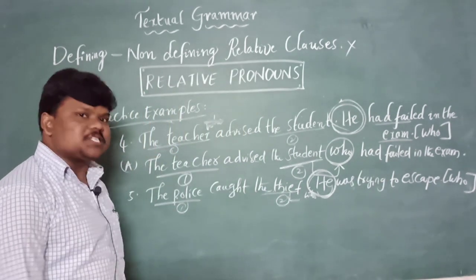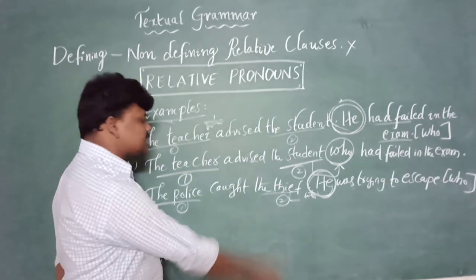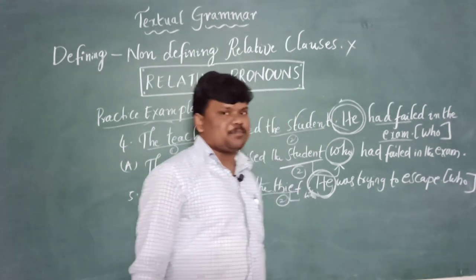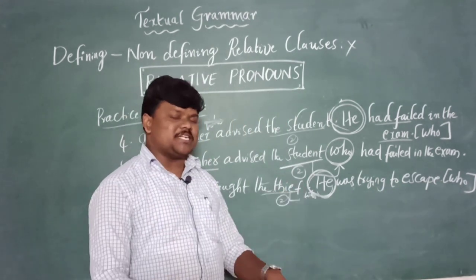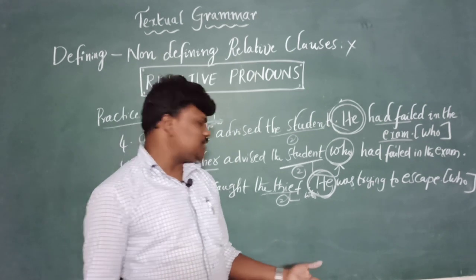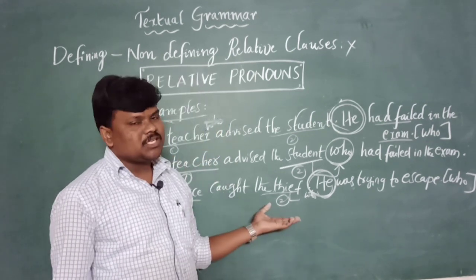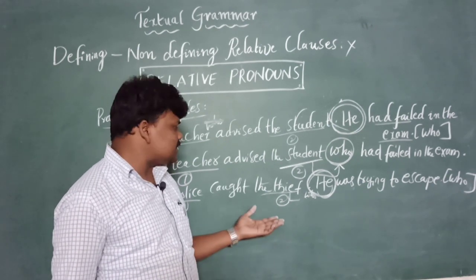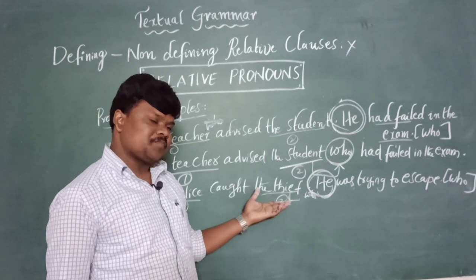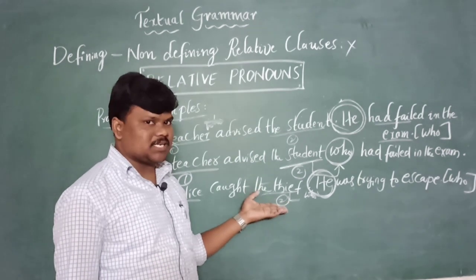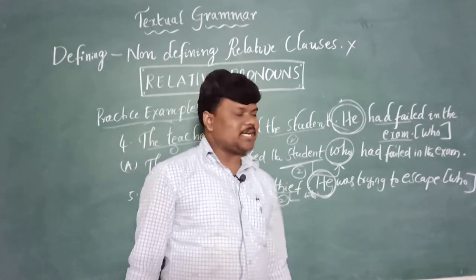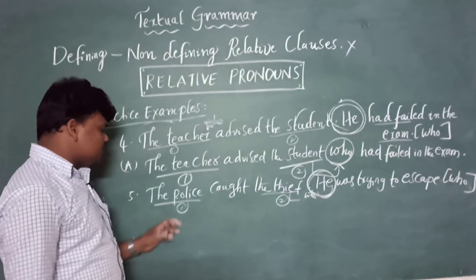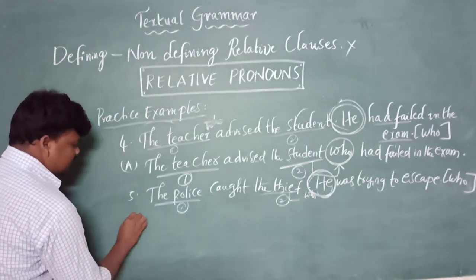Okay, unless you are unable to identify who is the first person and second person, go for the second sentence. He was trying to escape. Basically, who was trying to escape? Police or thief? Thief only, right? So doing some nasty things, he might be trying to escape, right? So this might follow who immediately. Go for meaning like that. I think this might be the very easy method, right? So as per the instructions, yes, let's get into the answer.